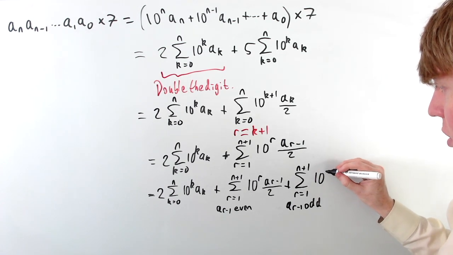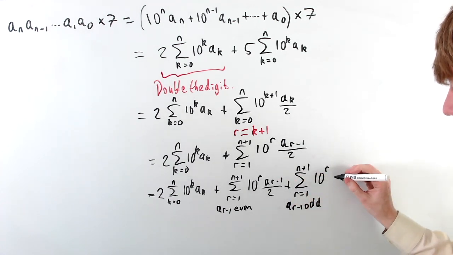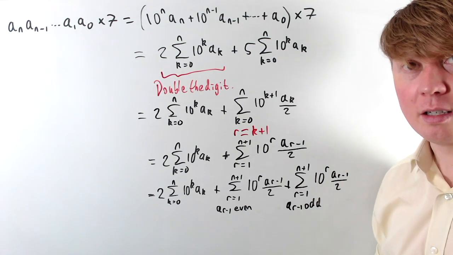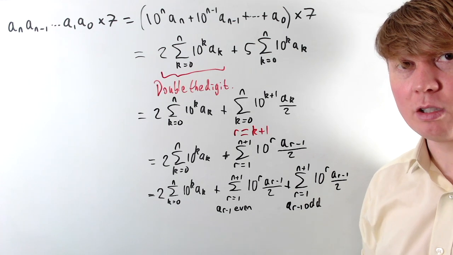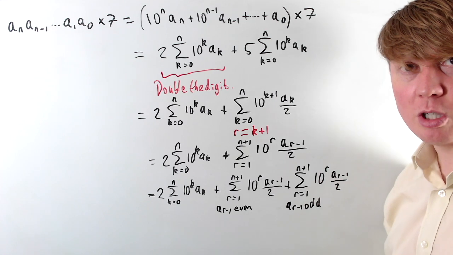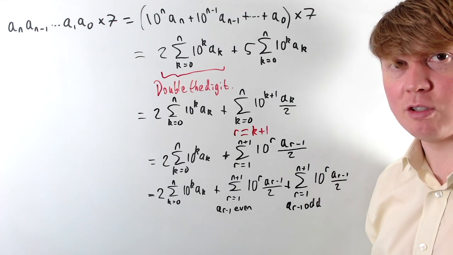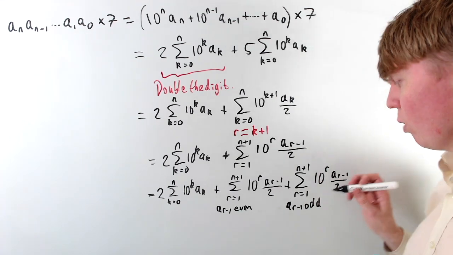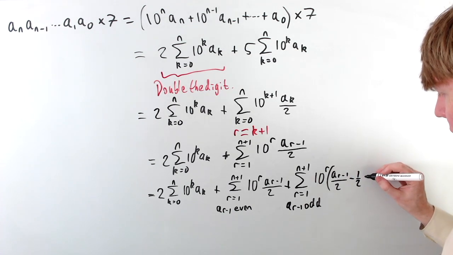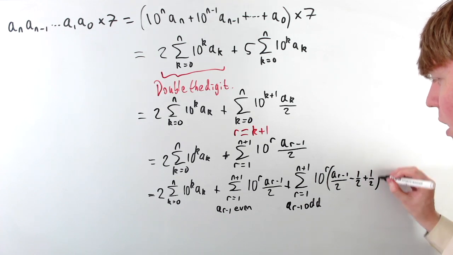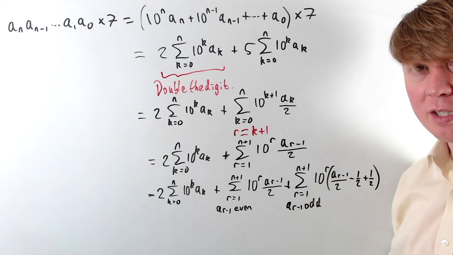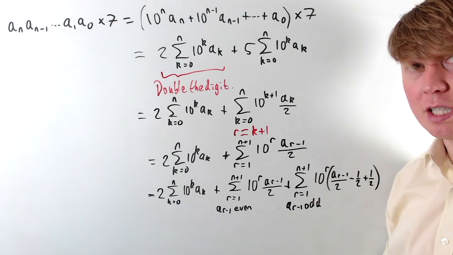So these are the ones which are difficult to work with, because ar minus 1 divided by 2 is no longer an integer, and at this point we need to actually round this down in order to work with it. So rounding this down, as we saw with our examples before, let's say we had 2.5 rounded down to 2, we always just need to take away a half there. And to counteract this, we'll also add a half, which we can then deal with later. So we'll do some more manipulations to this sum, and then we'll see why our original method does indeed work